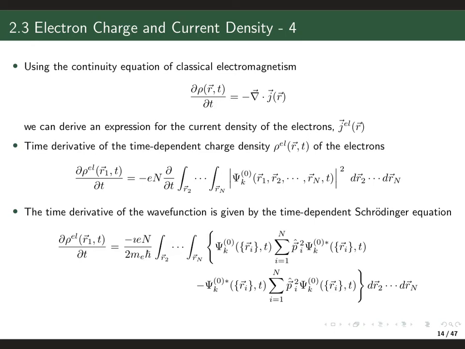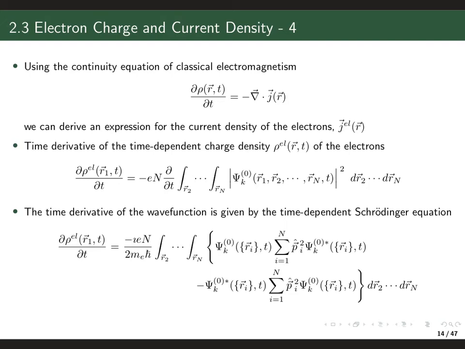Now you might ask yourself, how do I do that? Well, that's actually quite easy, because that's exactly what the time-dependent Schrödinger equation tells us. Because the time-dependent Schrödinger equation, you can of course read it from H, the Hamiltonian acting on the wave function,